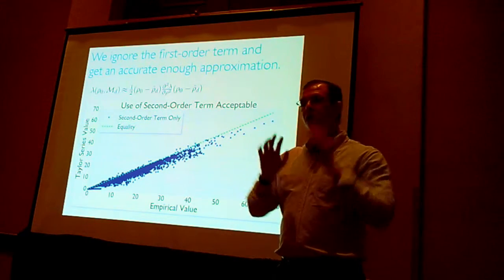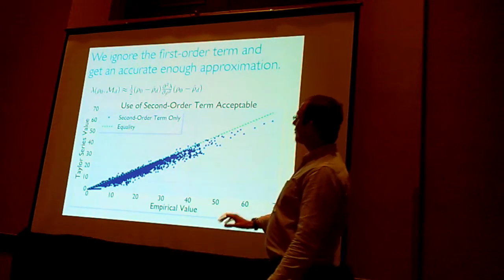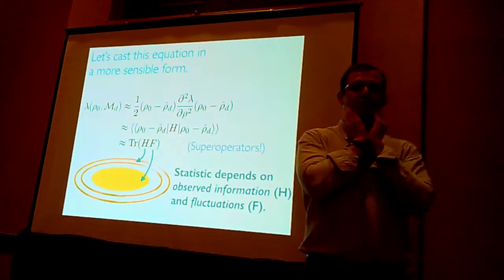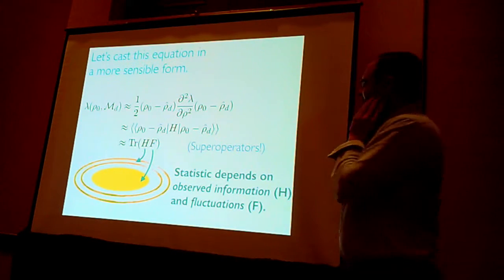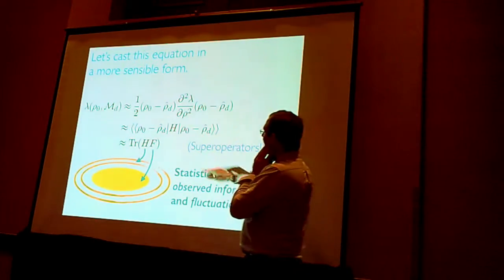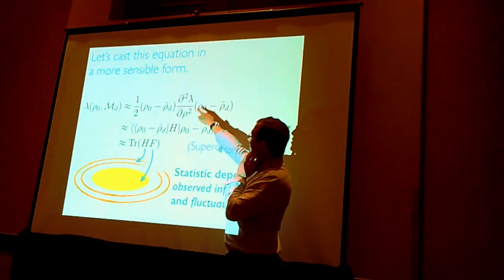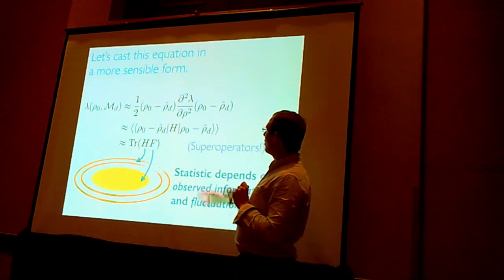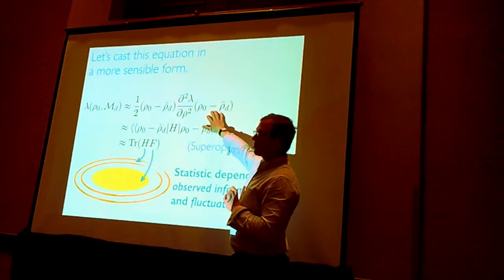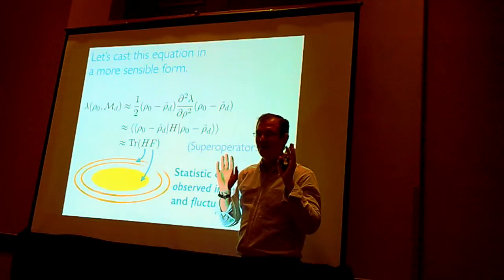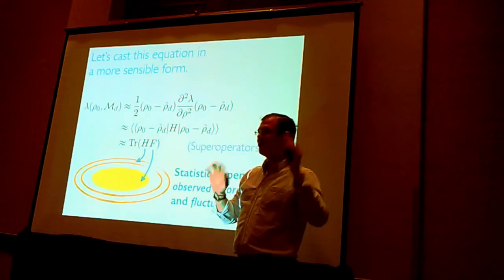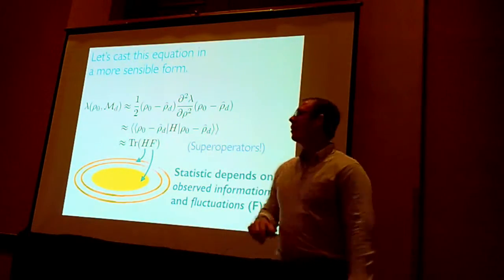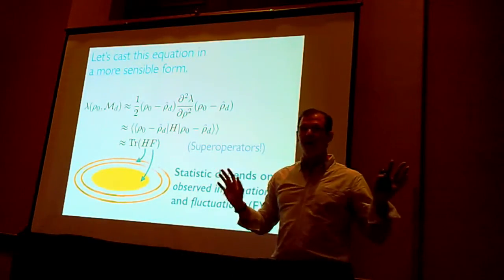So now we have to do a little bit of math. The first part of math that I want to do is recast that equation in a much more comprehensible form. So we're going to start by saying, well, we have some second partial derivatives of things, so let's just wrap that up as a Hessian. Nice definition there. We're also going to realize that this equation is actually notationally wrong, if you think about it, because density matrices, when you do this Taylor series, need to be vectors in Hilbert-Schmidt space, so we'll put some angle brackets on stuff,